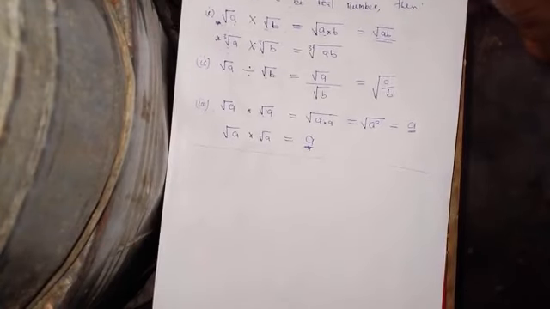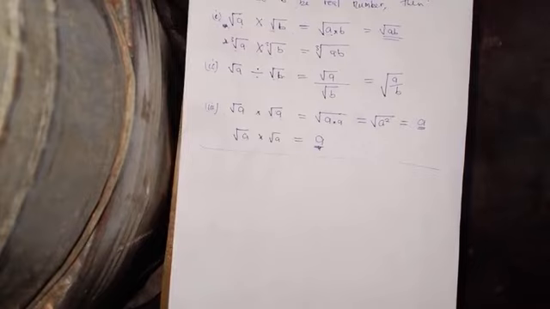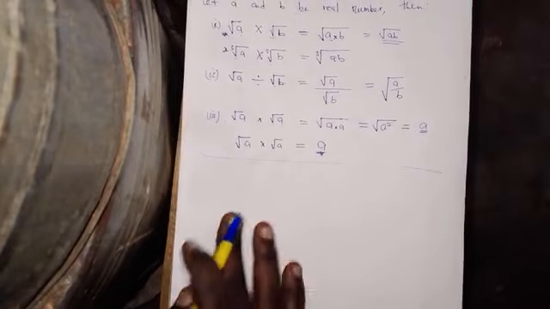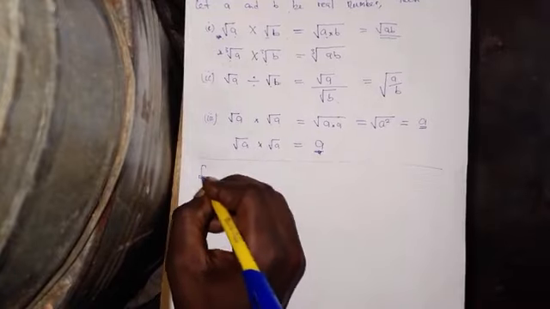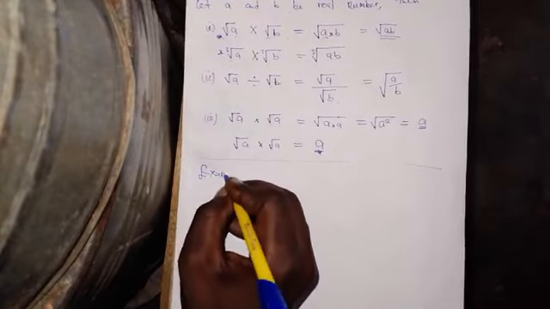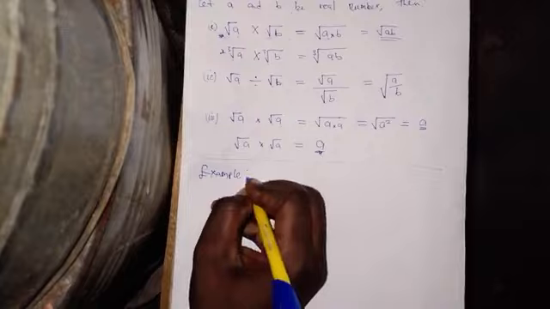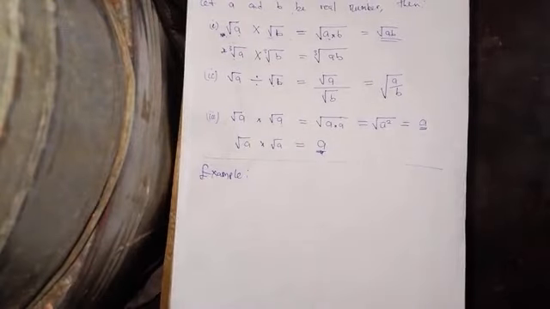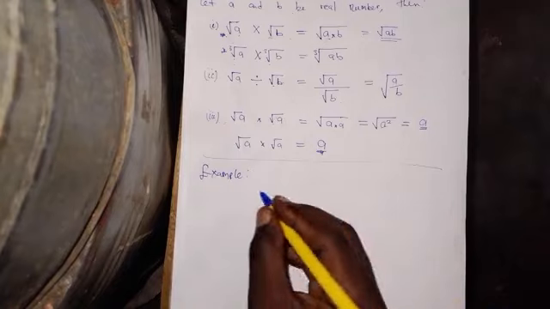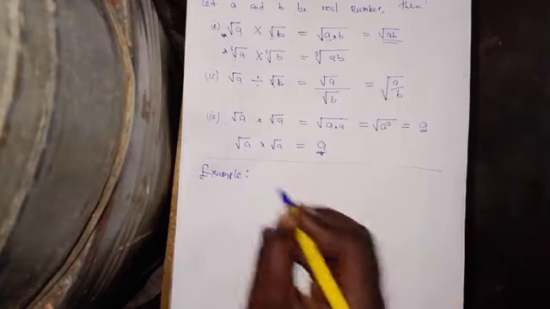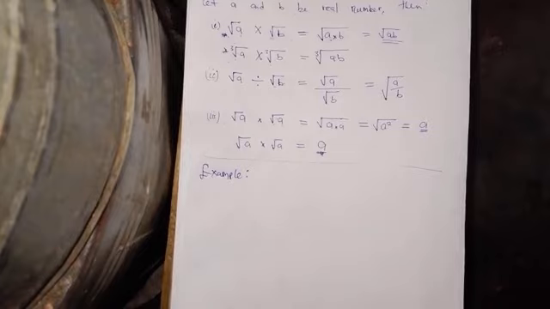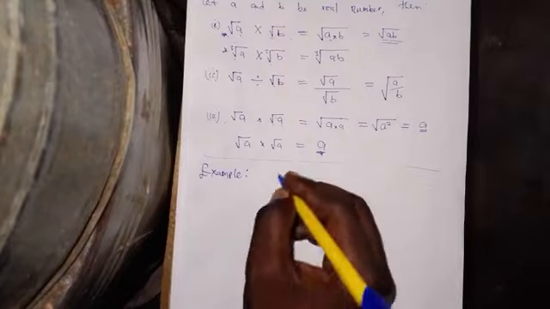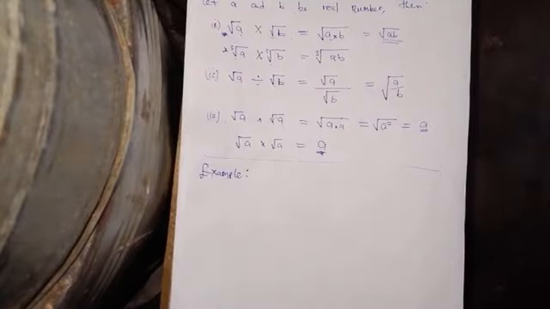Let's look at an example concerning simplification of surds. You can check this example out in the first bunch of notes we sent you, which simply says: